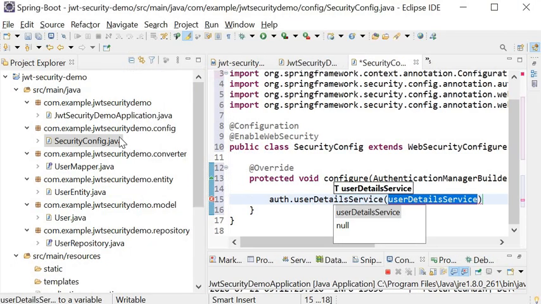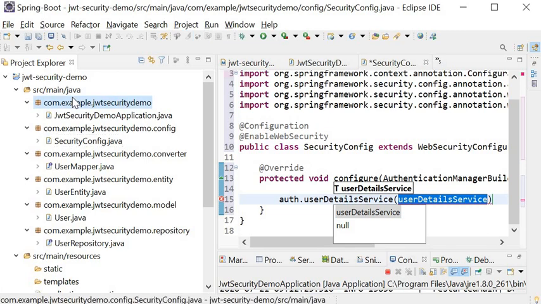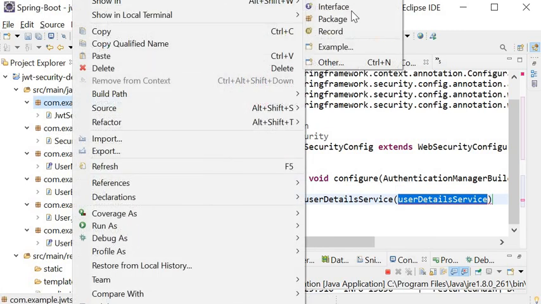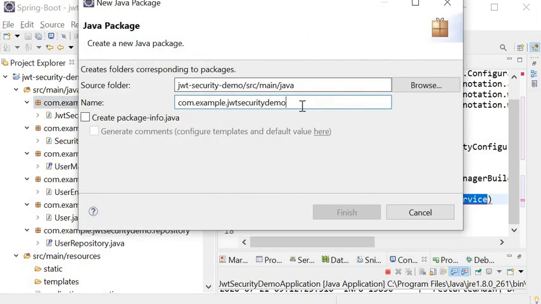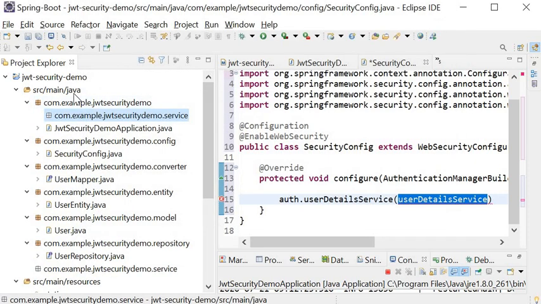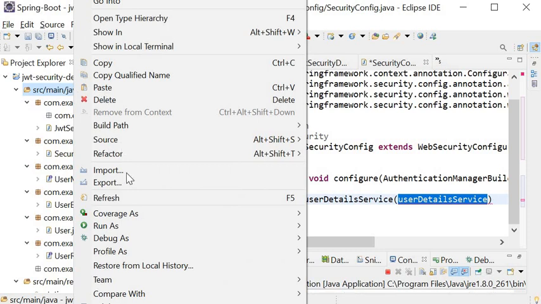For this, first I will create a new package, dot service, and in this package I will create one custom user detail service class.